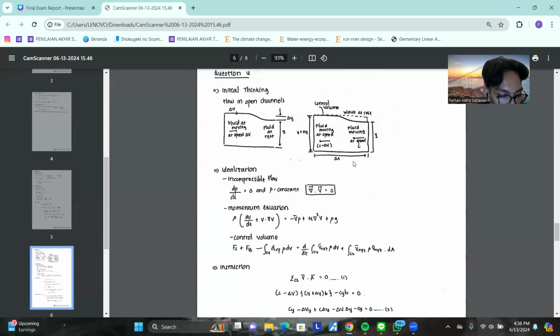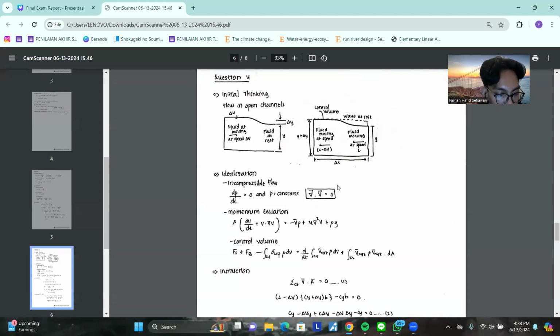Okay. Sorry, assumptions 3 and 4 being commonly used are valid too. By this picture we get the assumptions: this is steady flow, this is incompressible flow, this is uniform velocity at a section, this is a hydrostatic pressure distribution at each section, and a frictionless flow. By those, the assumptions are valid.